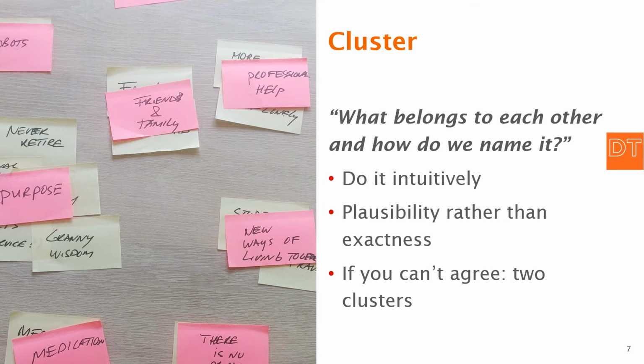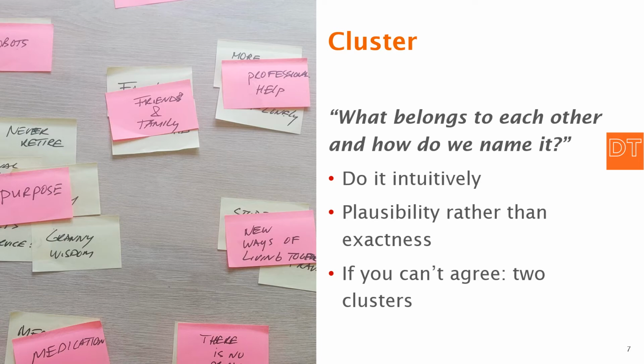The second step is that you cluster those ideas and problems and things that are named. You ask people what belongs to each other and how will we name this line of reasoning. So they will put everything together which has something to do with that, mobilizing friends and family, for instance, or they categorize everything that has to do with giving some purpose to the everyday life of the elderly. These things, when you group them together and name them, basically is naming the frame that is on top of it, which frames it all, the ideas.